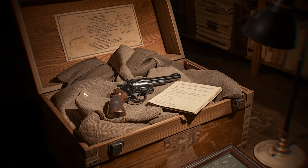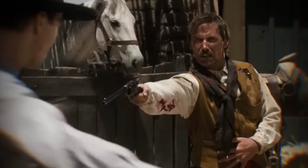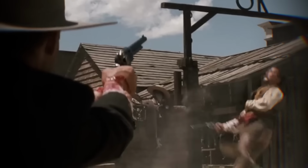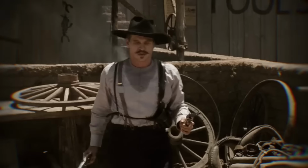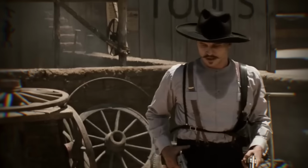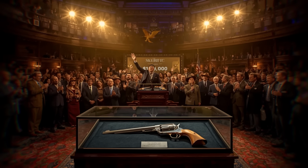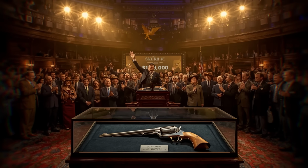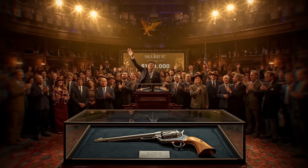This represented a completely different evolution of revolver technology, showing what might have been if Smith & Wesson had chosen a different path. The prototype's influences could be seen in designs that wouldn't appear until the 20th century. When this lost chapter of firearms history went to auction, collectors recognized they were bidding on something truly unique,